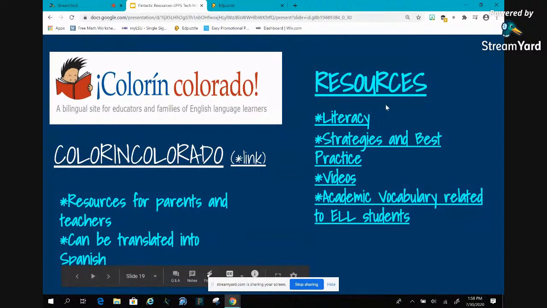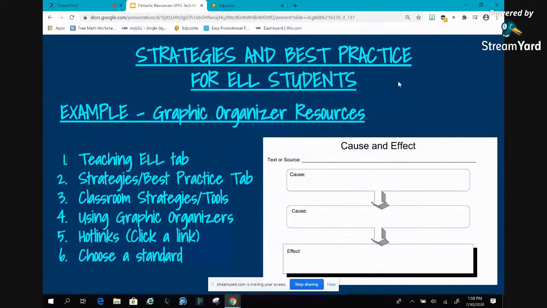They have literacy resources, strategies and best practice resources. They have videos. They have academic vocabulary that are specifically related to ELL students. Some strategies and best practices for ELL students under this tab is graphic organizers.